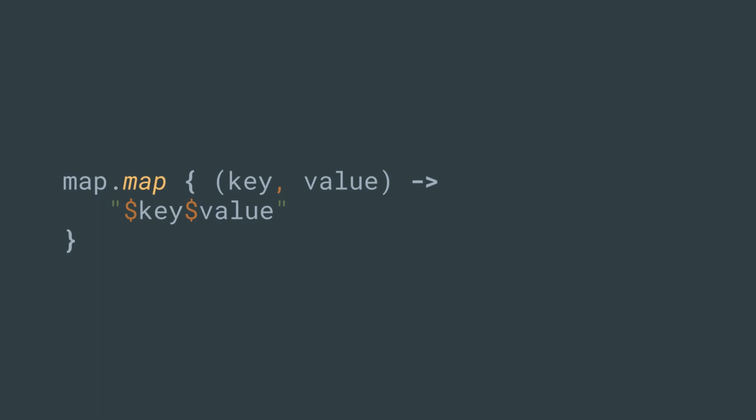As I said, the standard library has most of the functional methods that you find. This is, for instance, the map class. You can call map on it. You can have destructuring of the entry.